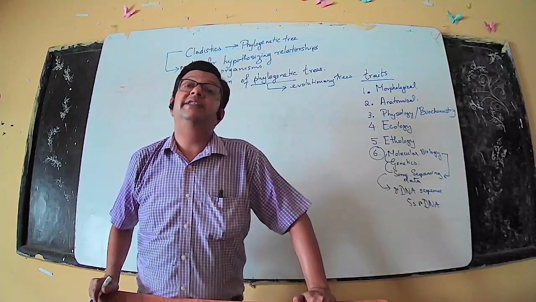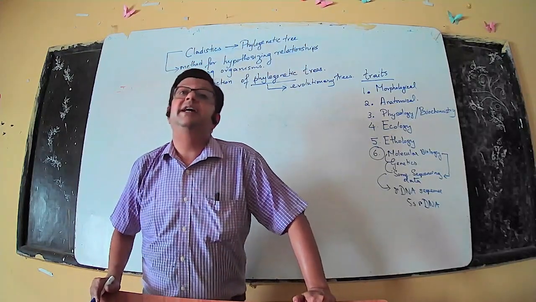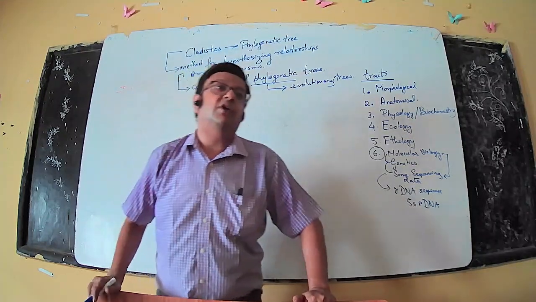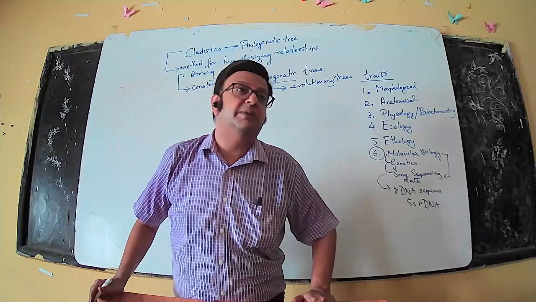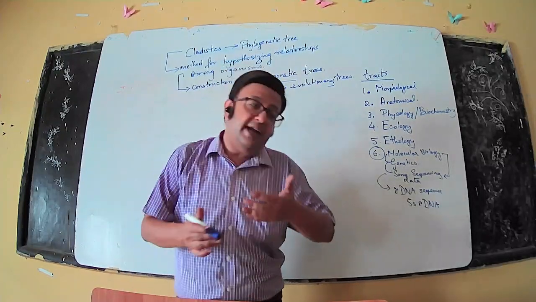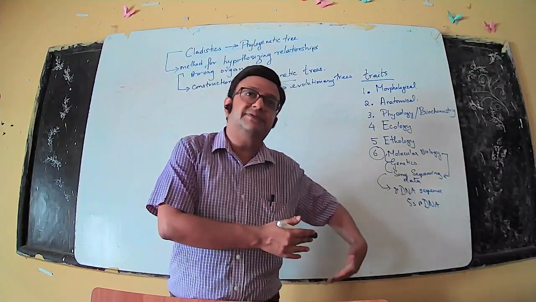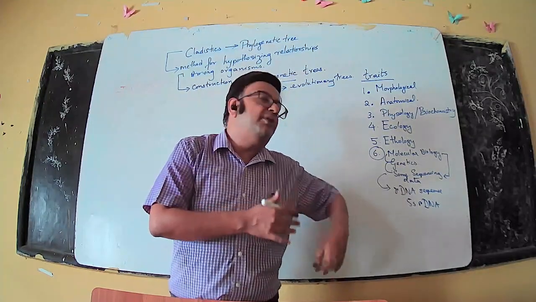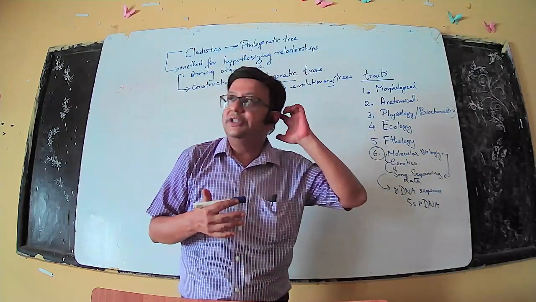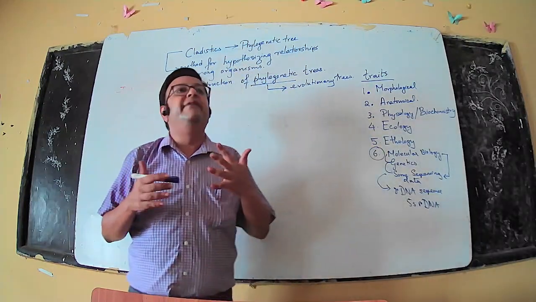So organism A and organism C are much closer to each other than organism A and organism B, which have got 60 common. So on this basis, and from evidence from your ancestors, or you assume an ancestor, or from fossil records, you can construct an evolutionary tree,